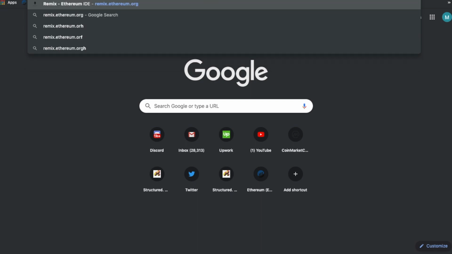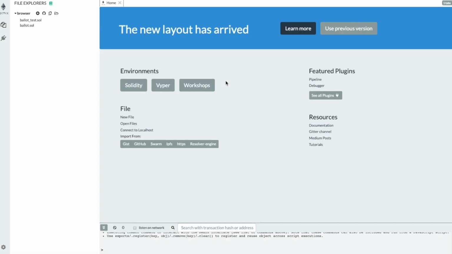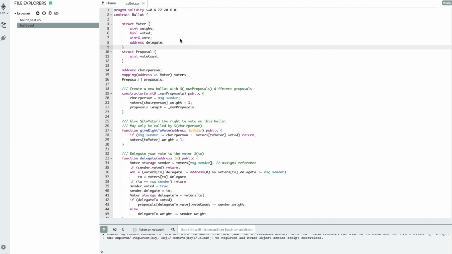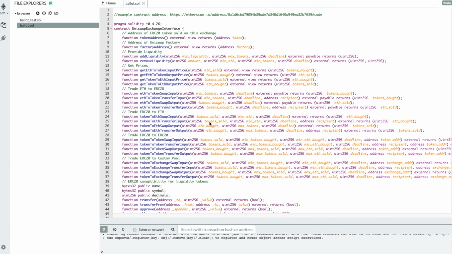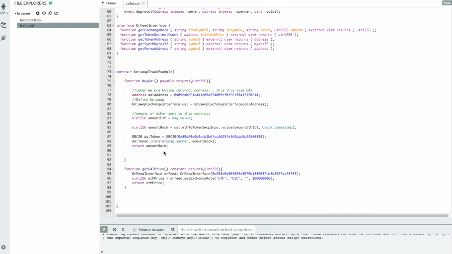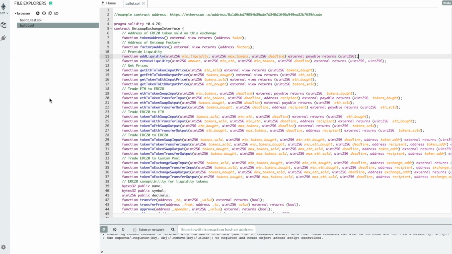Ethereum.org. So you can go to a website like this. Now, this is the new layout, in which case you can just click anywhere like this, and paste in the code that you got over here, and then you can take that and deploy it, right? So this is the UI that most people use.